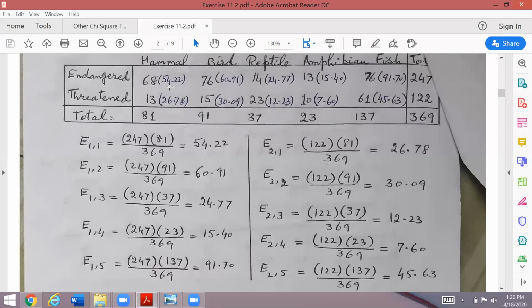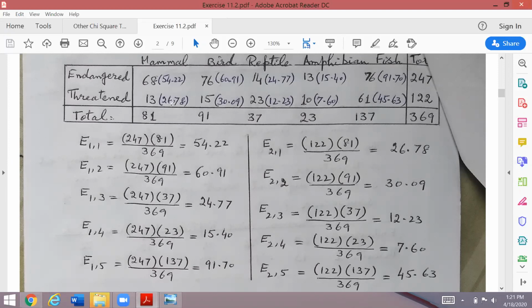Otherwise, you're seeing one value from one place and then you are locating where is its corresponding expected value. So if they are written haphazardly, then in searching for it you might put a wrong expected value at a wrong observed value, and then it will be wrong. If there is a single mistake, if you are not very vigilant and careful and mistakenly write it wrong, then the whole show will be spoiled. A single mistake will lead to disaster. Your answer won't be correct. So you have to be very careful.